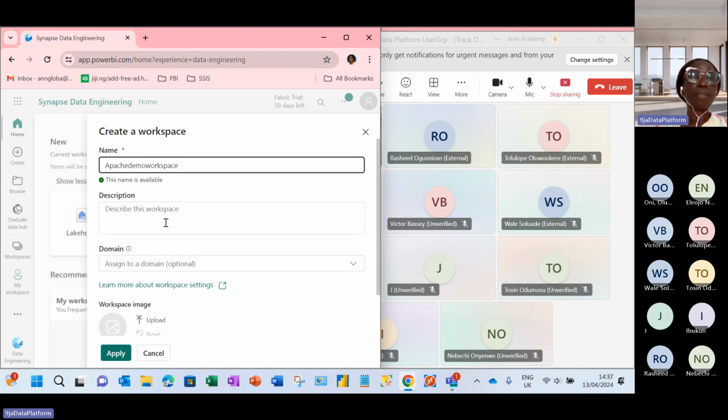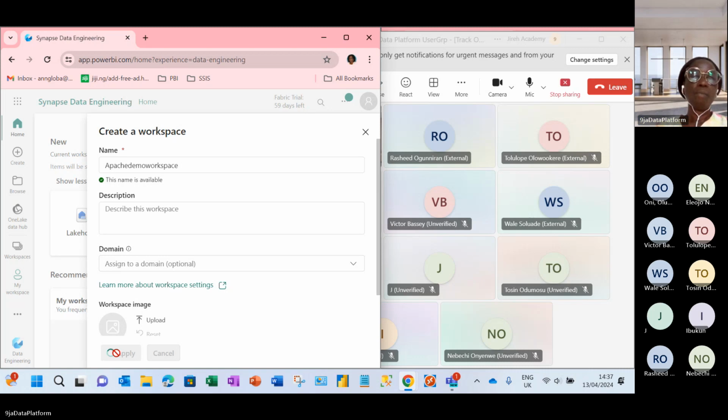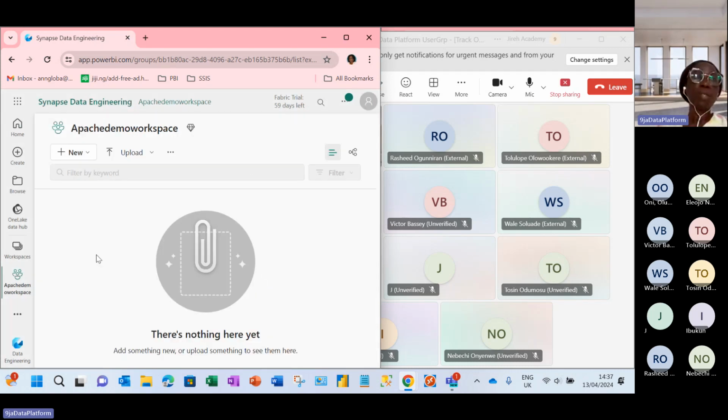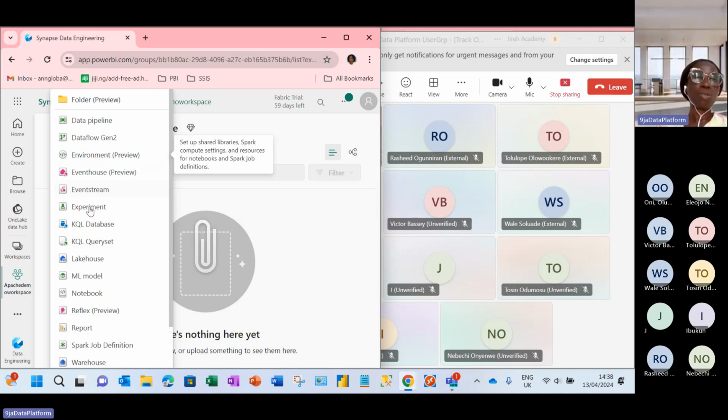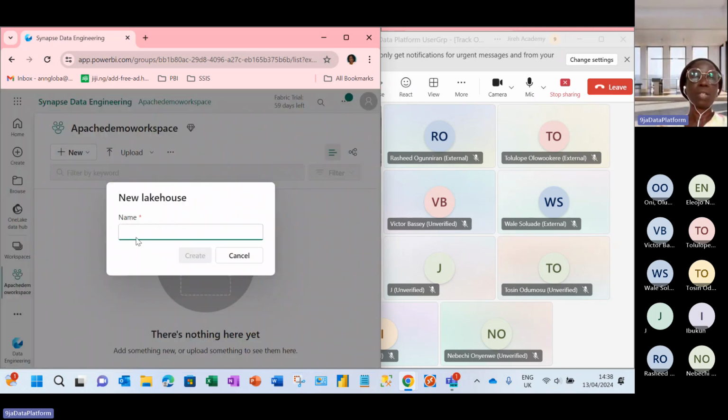All right. So let's just keep it simple. You can give it a description, a domain name, a logo if you have one for your company. Okay, so now our workspace is empty. So the next thing we need to do is to create a lakehouse where we are going to store our files. So we select a new lakehouse and we also name it